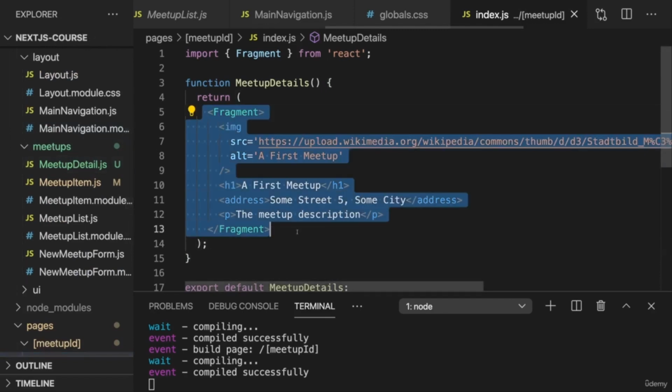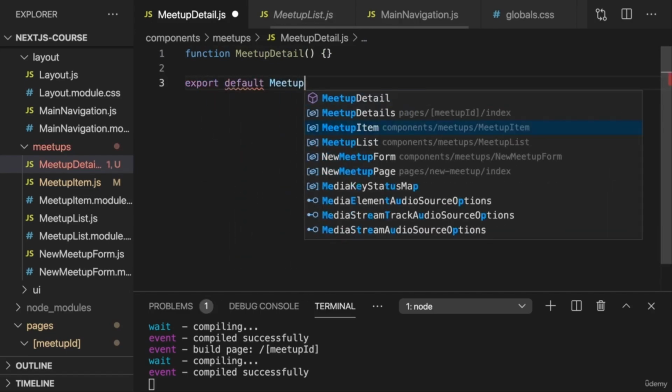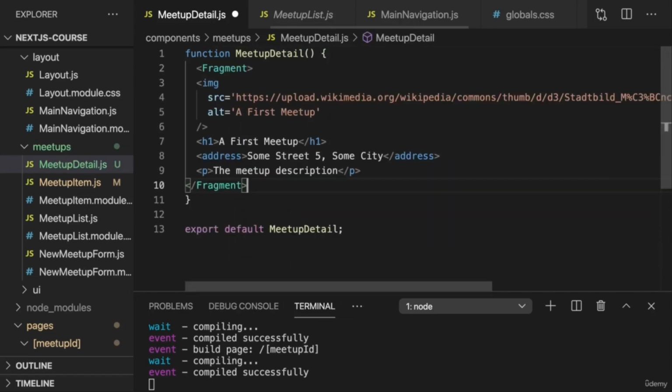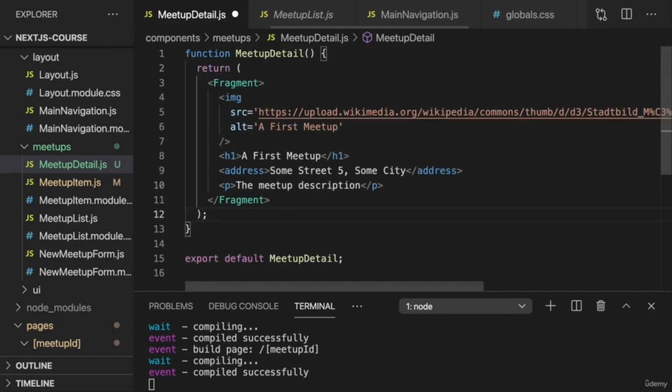Nonetheless, I will do it here, and I'll copy that fragment from the meetup details page component here and add it to the meetup detail single component and create that meetup detail component here. And of course also export meetup detail here and return that JSX code here then like this,